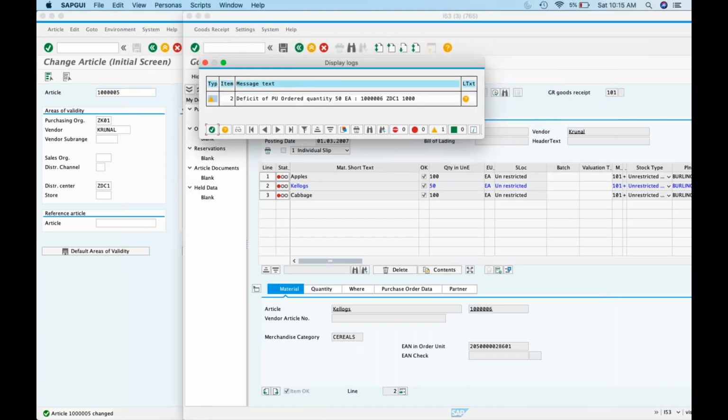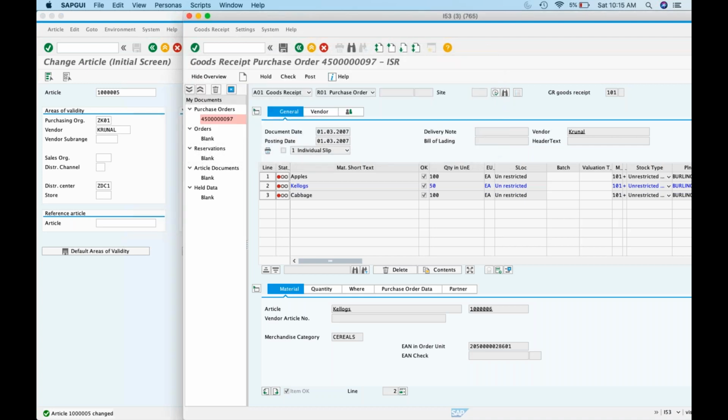The worst problem is it says that the order quantity is only 50 that has been delivered. Is it okay? They say yes, no problem. Okay. Now you finished it.